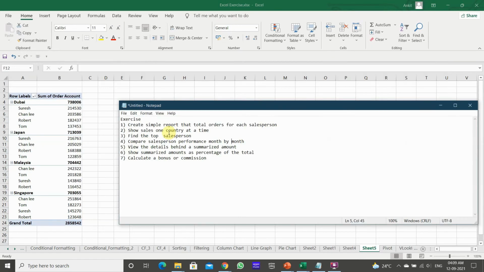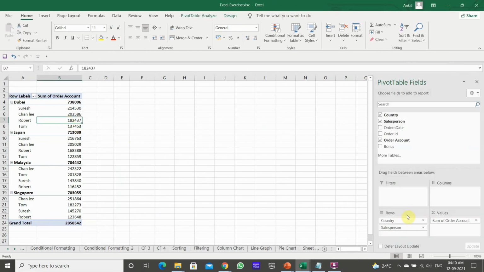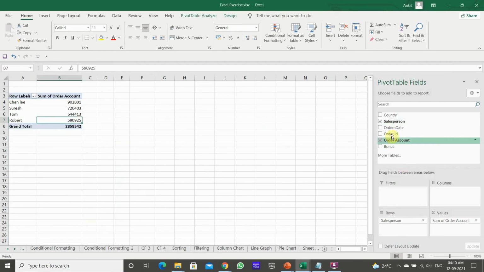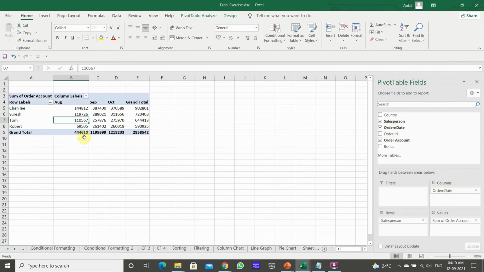Okay, the other thing is to view the details of the summarized report. Compare the salesperson's performance by month. Take the order date and put it here. See, it has already combined the dates into the form of months.